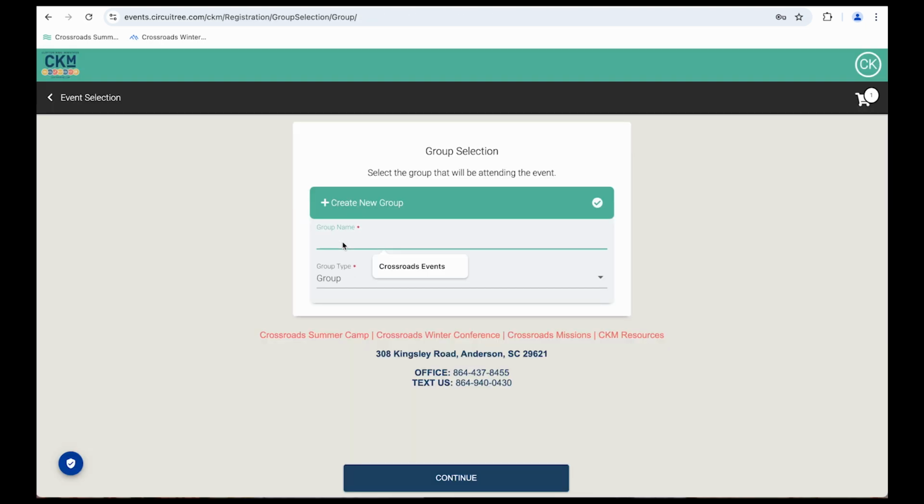and now you are able to populate a group name. This is typically the church name or youth group. It's easier if the church name is in the group name area, just so we know which group is coming, as there can be some overlap in some youth group names, so we don't want some duplicates to occur on your behalf. If you're a family, you can enter the family name up here as well, and then you'll click continue,